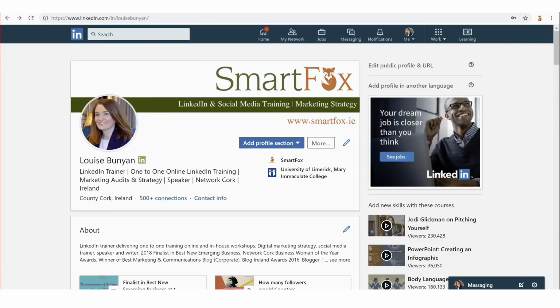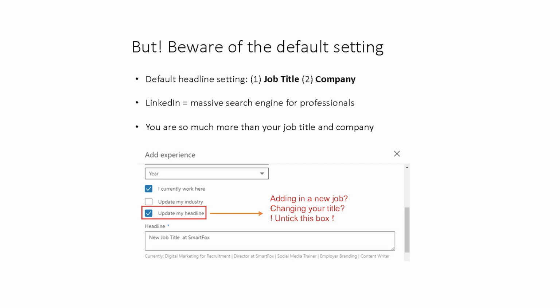So my advice to you in that situation would be to always, first of all, untick that. But if you forget to untick it, what you should do when doing any work on your LinkedIn headline is write it in a Microsoft Word document or a Google Doc or whatever word processing platform you use, and always have a separate copy saved somewhere else. Because if you accidentally forget to untick that box and it wipes away your headline, there's no drama: you have your headline saved in another document, you just copy and paste it in, hit save, and it's all fine.